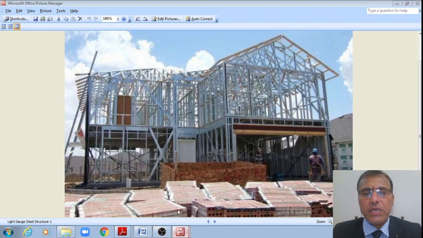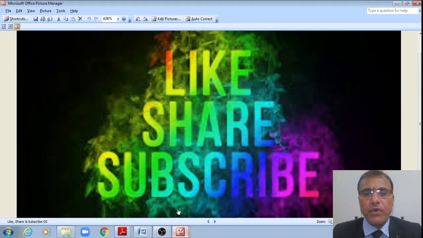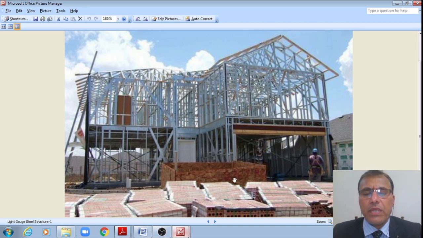Before we move to the discussions, let us see a few photographs of light gauge steel structures, wherein we will try to understand how the light gauge steel structures look in real practice. Right, this I'm just showing a photograph of a G+1 storied building built up with light gauge steel sections, cold formed light gauge steel sections. That is how the truss part in the first floor, whereas the ground floor is consisting of the decking part.